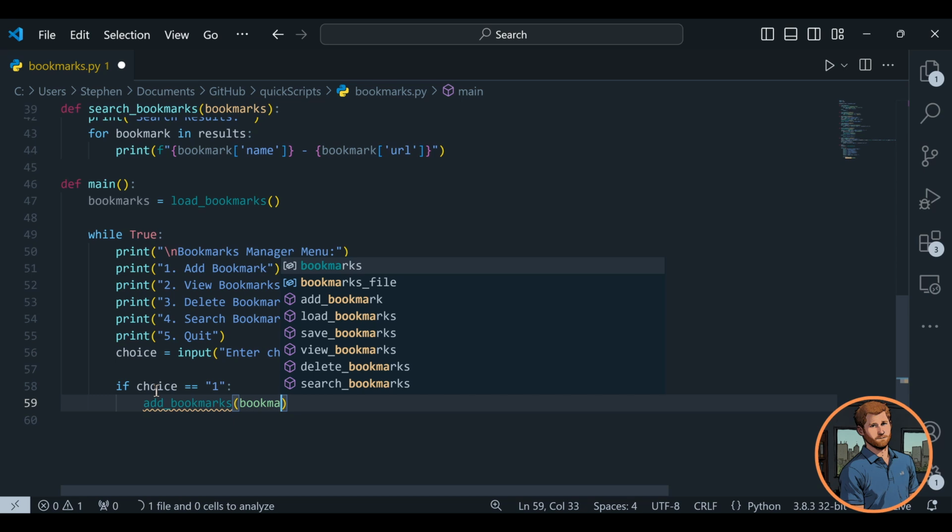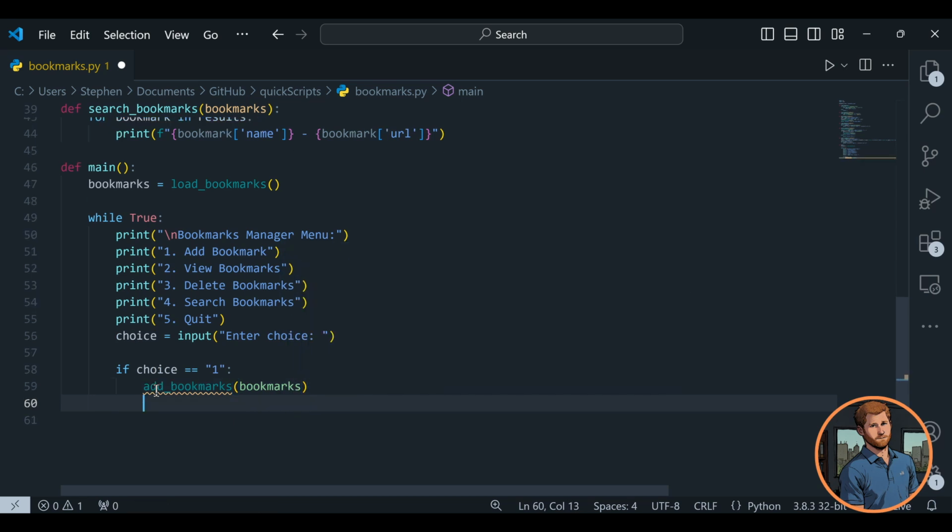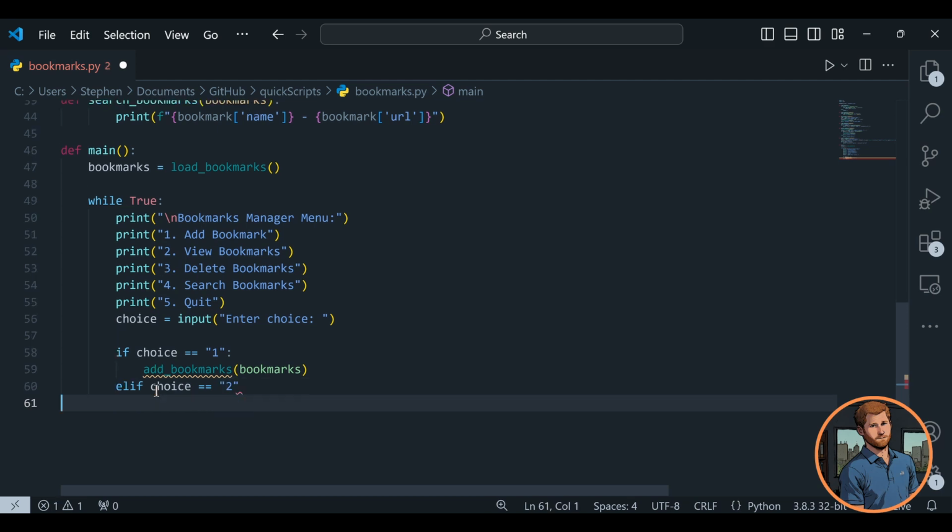We'll pass in bookmarks. If choice is equal to 2, we will view bookmarks, pass in bookmarks,